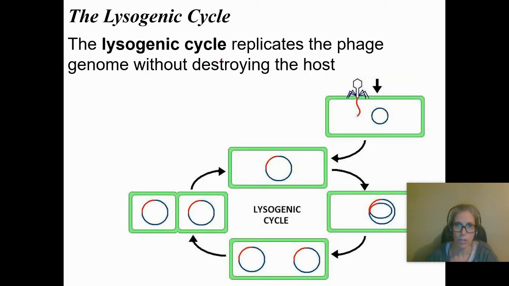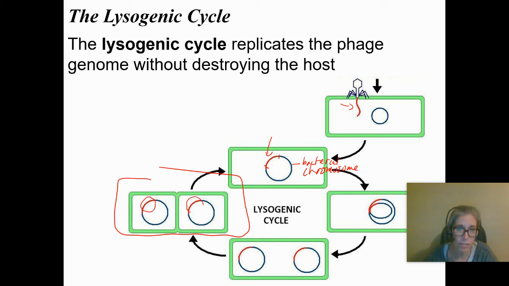Okay, so here's the thing with this one. As the virus injects its genetic material, the genetic material inserts itself into the host chromosome. So this is the host or the bacteria's chromosome. And then the thing that the last video didn't show very well is that this cell can then go ahead and reproduce. And so here are two new bacterial cells. They just reproduced by binary fission, and they both have that little bit of virus DNA that we're going to call a prophage now. So the bacteria can reproduce over and over and over again like this,